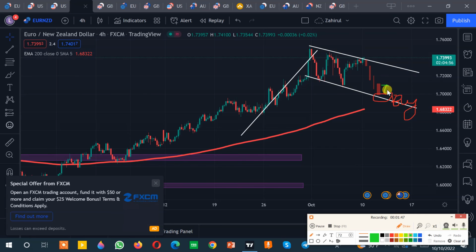When making some bullish candle, so we can make here buy according to bullish flag, as well as we can make here a buy. Market go here and come back here, then again go here, so we can make here also a buy according